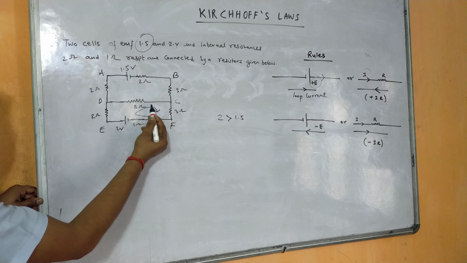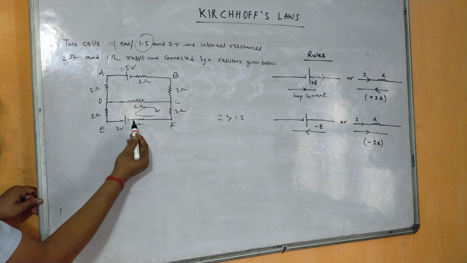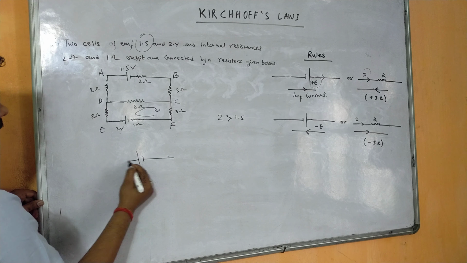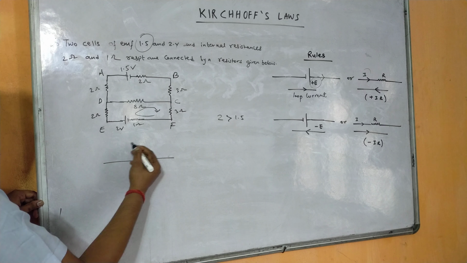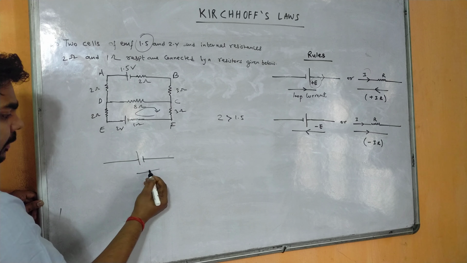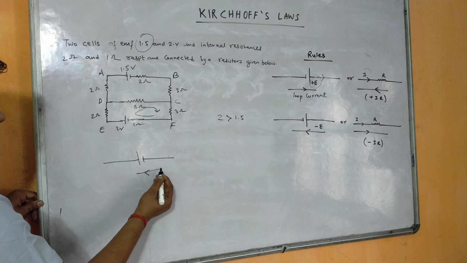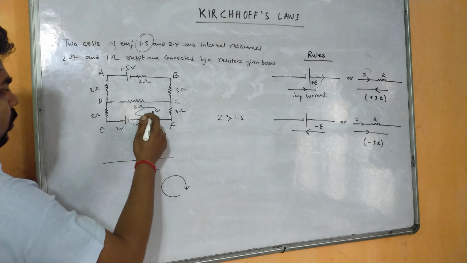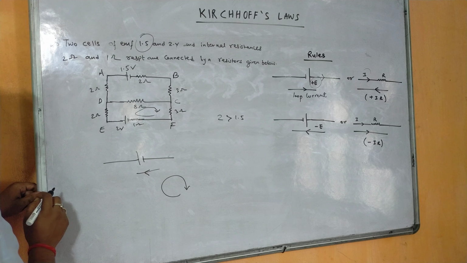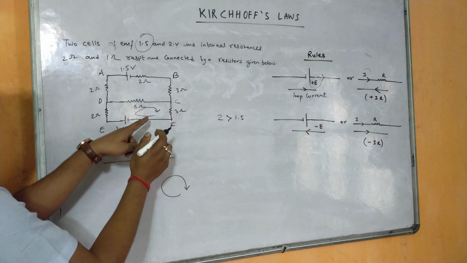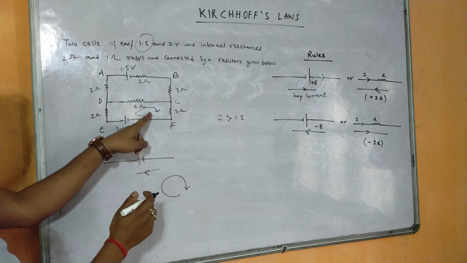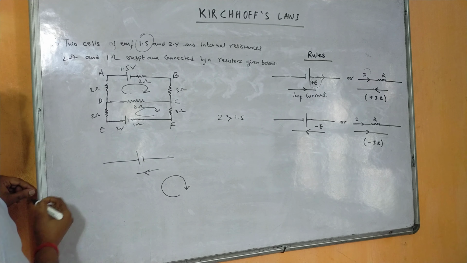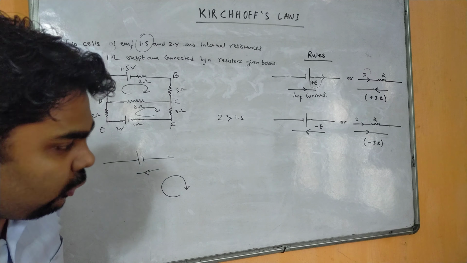So how did this current loop come? It is according to this rule. That means for the loop current, if the terminal is like this and you want to make it positive, you have to draw like this. Drawing like this means that is the clockwise direction. So the loop direction here is clockwise, right? If the direction of the loop is clockwise here, then the same direction will be followed here, because this is the driving circuit. So this is how we draw the loop current.